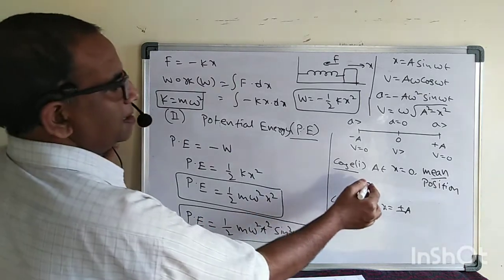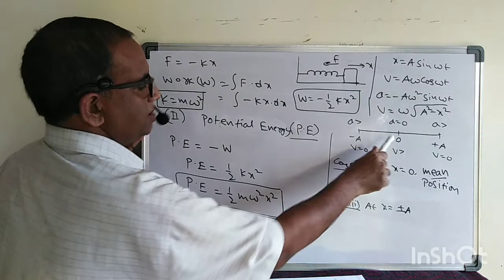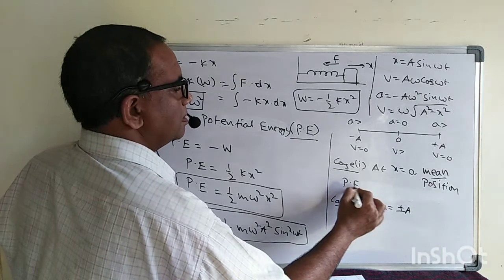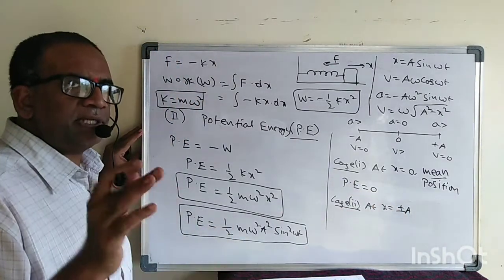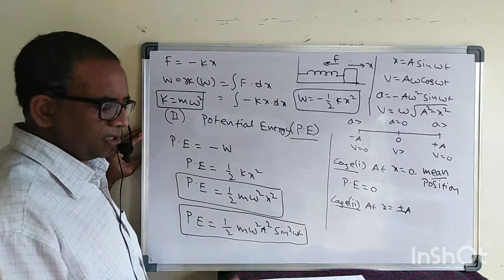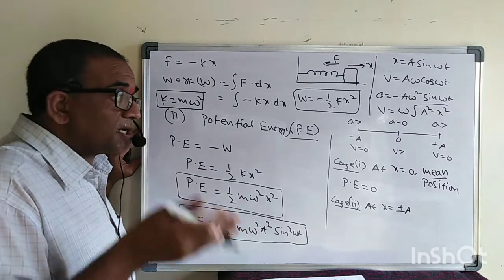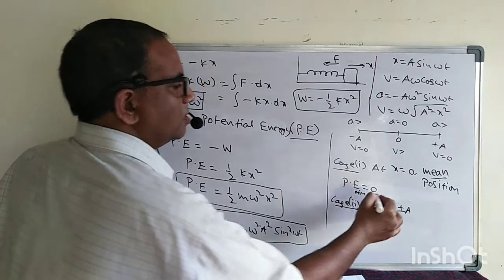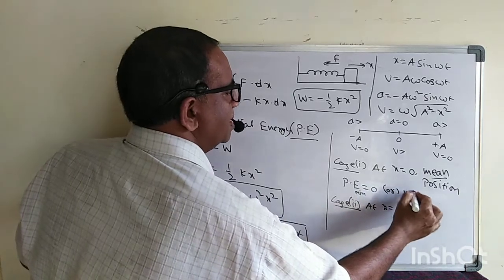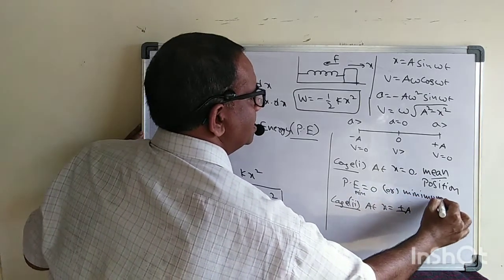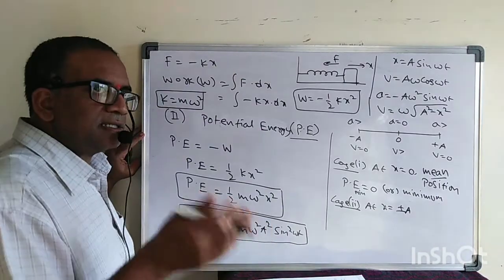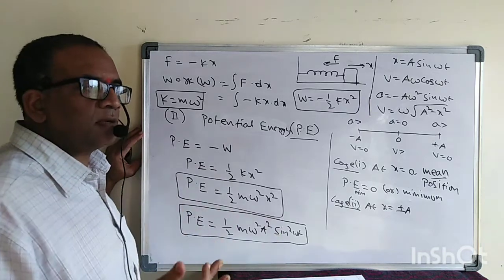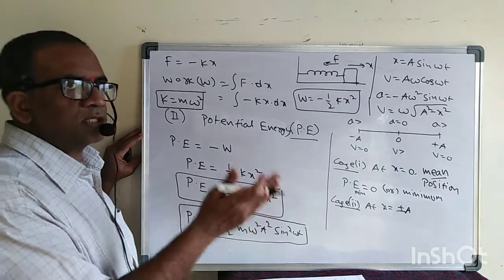Now let us come here, at x equal to 0. If x is equal to 0, what is the potential energy here? The potential energy is 0. But remember, the potential energy need not always be 0. Please remember that. Maybe initially some potential energy may be there. So that's why potential energy is minimum, either 0 or we can also say it is minimum. Because in some cases it may not be 0. In some cases some energy may already be present initially. So when you are solving the problems, be careful. Don't say that the mean position potential energy is 0.